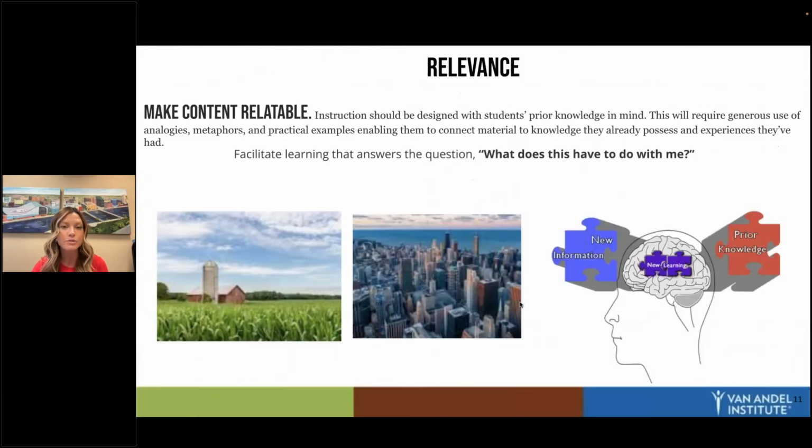And there are things that we can do, of course, to really build that relevancy. One thing, and we're really good at this as educators, is making that content relatable. So just designing anything that we're putting in front of our students with students' prior knowledge in mind. So using things like analogies, metaphors, and even practical examples of things that we know they've learned about in the past will enable them to connect that material from what they already know